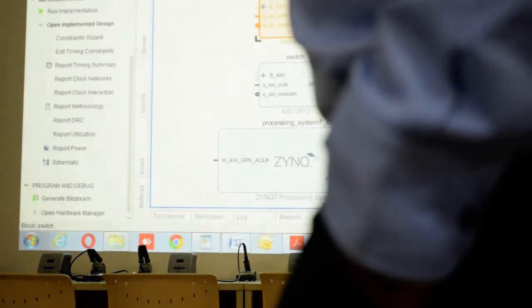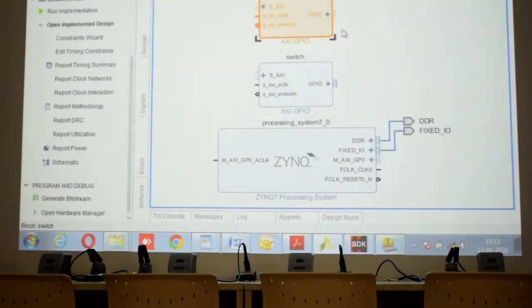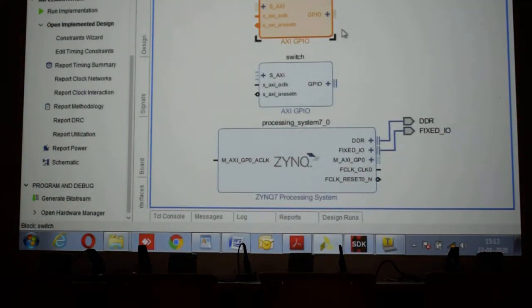Now, can you see the Zynq, everybody is having this many pins. Is there any extra pin? You tell me, I will remove them. We have enabled a lot of pins. Now remove it.